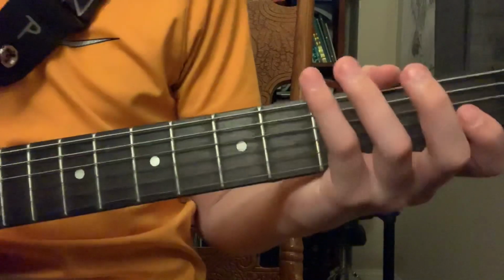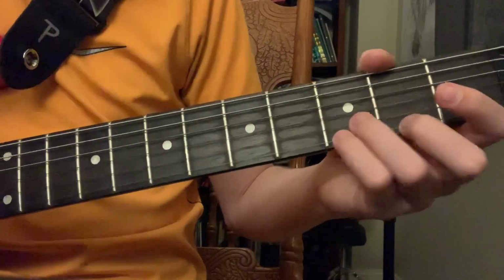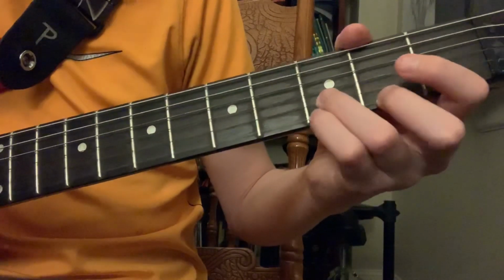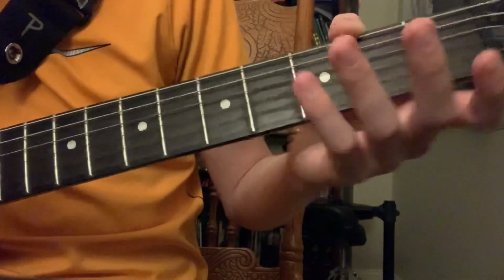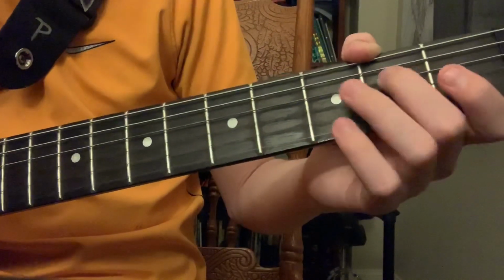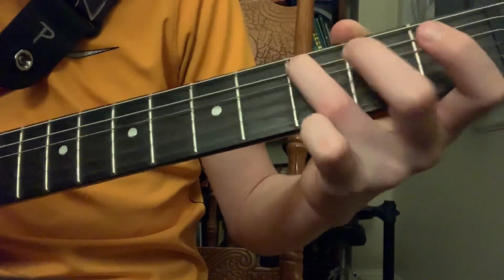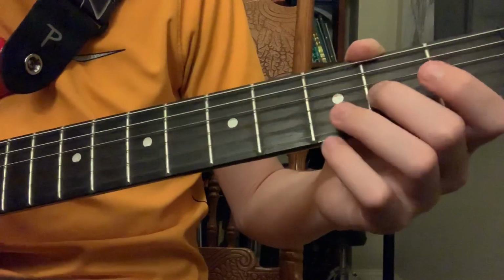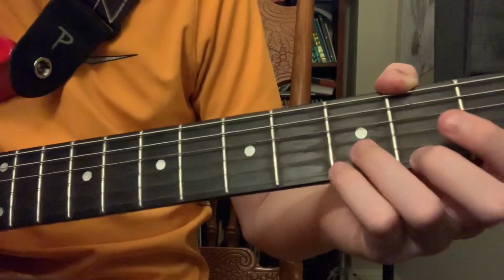And then you're going to want to do it a second time, but slightly different. Oh, I messed up there. So you want to go like... So basically what I was doing there was almost playing the same thing. I started out the same, except I played the G string first, and then the D. And then I played E. And then I played...